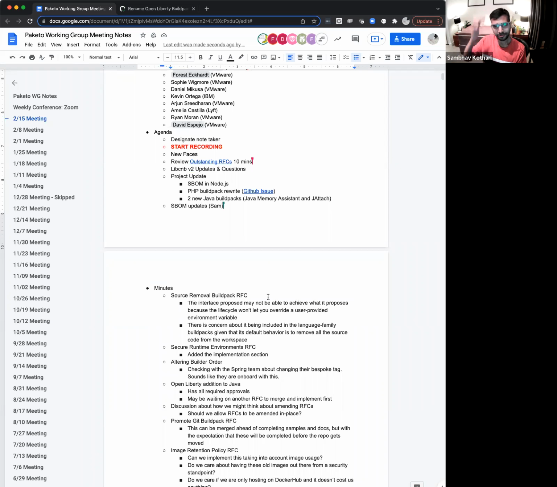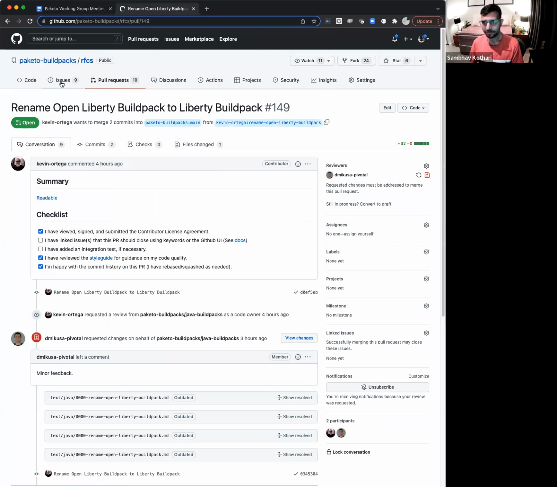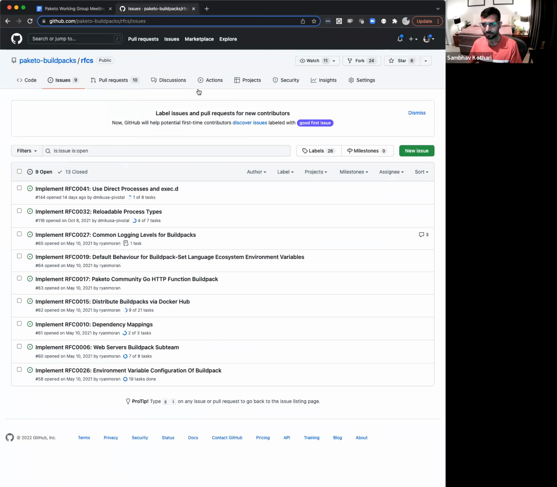I was just curious if there's some common issue that tracks the implementation status of an RFC. I know there are lots of Buildpacks in the Paketo project, and RFCs that impact almost all of them, like the SBOM one. It's really hard to track the progress of how each Buildpack is doing and what they're blocked on, or if there's anything we can help with in terms of the upstream Buildpacks project that you can unlock on your own, or things like that.